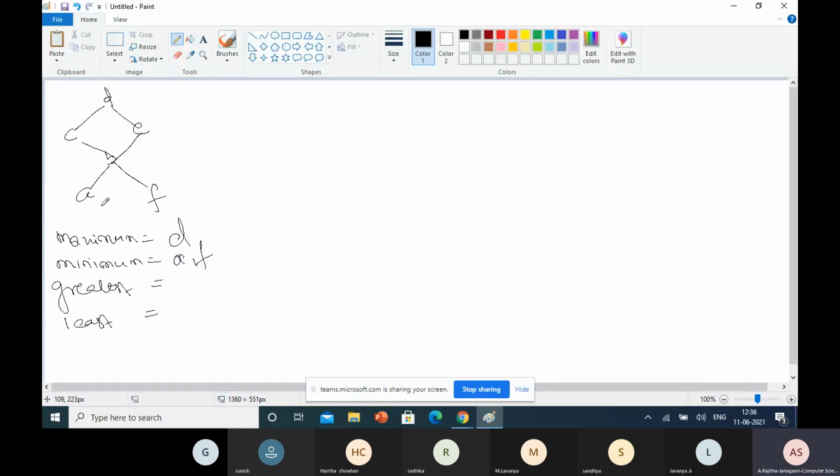So you can pick any element which is maximum compared to all the remaining elements; then we call it the greatest element. So greatest and least must be unique. Here greatest is D. Coming to the least, there is no least, because A and F are both minimal. Both are minimum, but least must be unique. That's why there is no least.